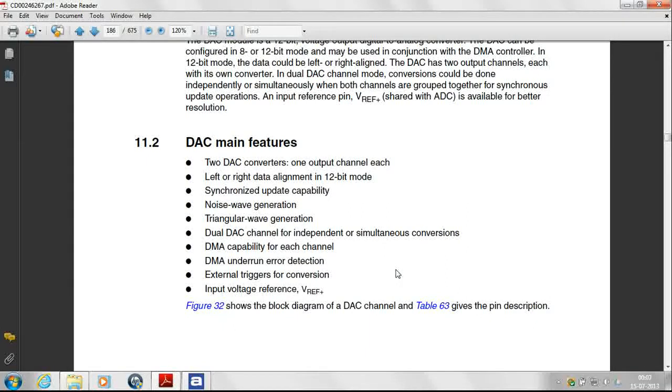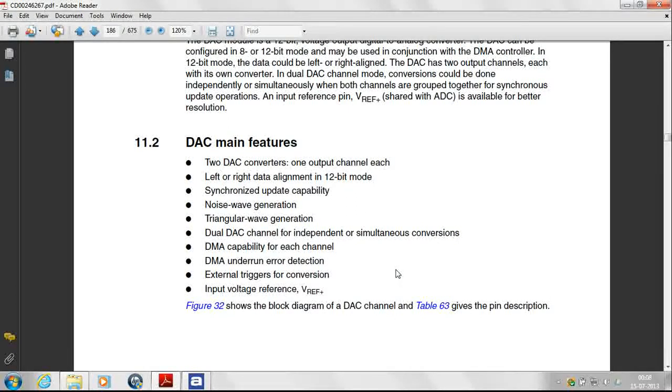So to start off with, the DAC module on board is a 12-bit or an 8-bit left or right aligned successive approximation type DAC. I urge the listener to go through DAC on the net and find out what are the different types of DACs, what are the response time, what are the settling times, and so forth about DAC before starting to go through this module.